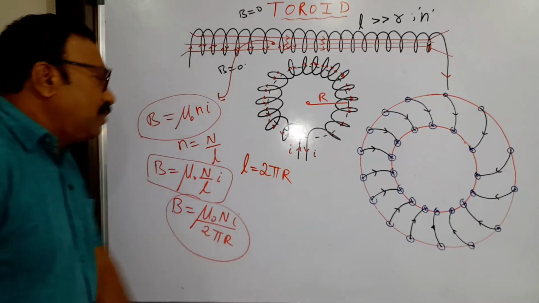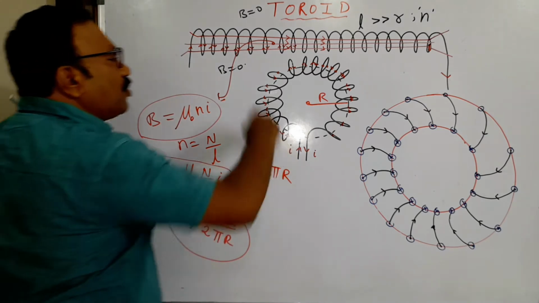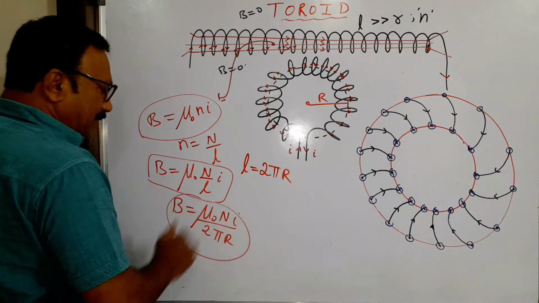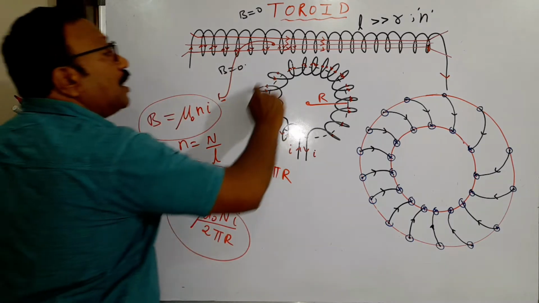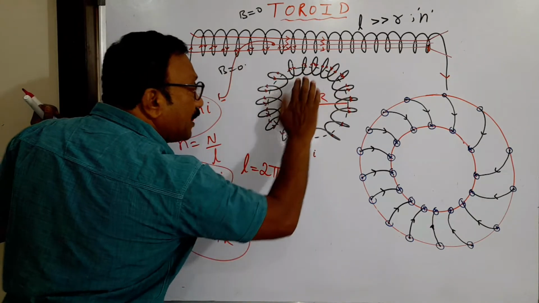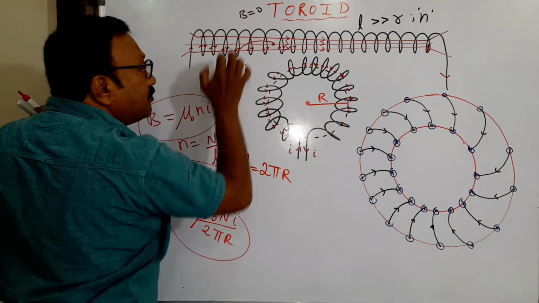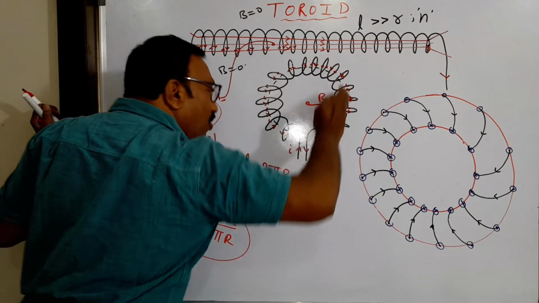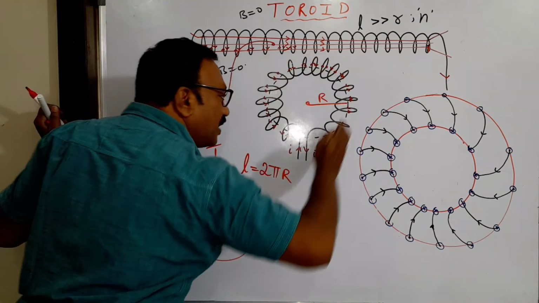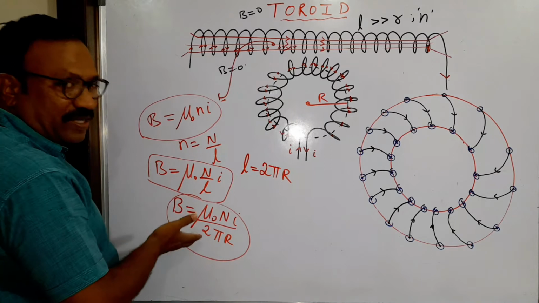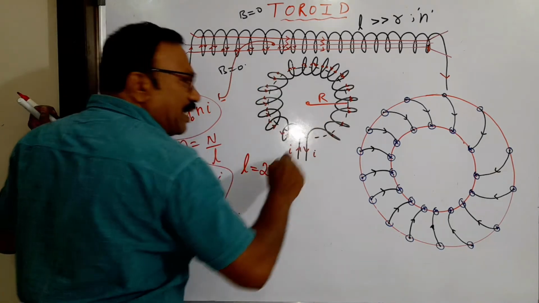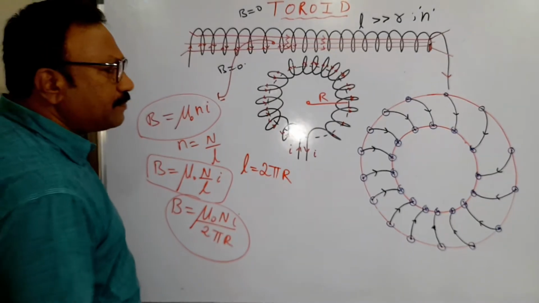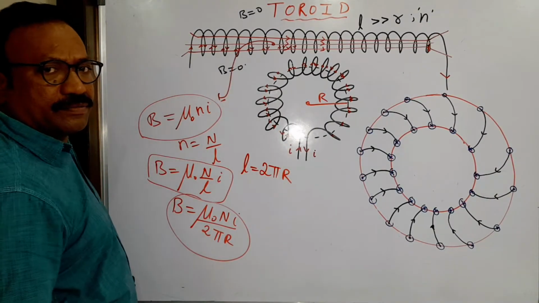At maximum, what will you do extra? See, he may give the total number of turns, then put it here. And then he has to give this radius and the current. Then you will find the magnetic field, here and here. Here it is zero, here it is zero. Already I told you. Outside the solenoid it is zero, means here and here it will be zero. Only inside the core of the toroid are we finding this field. He will ask you to find the field here only. If he is asking to find the field here, you put zero as the answer. No need of finding. Here also, outside, it is zero.